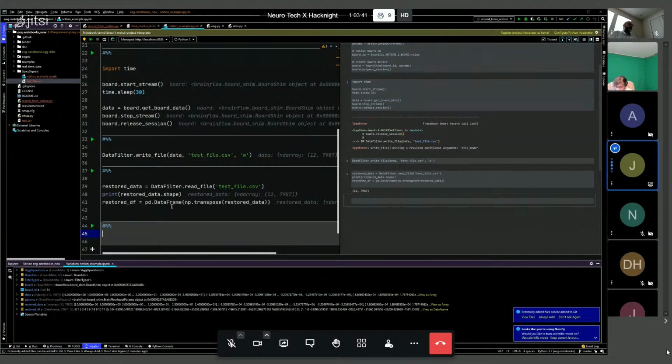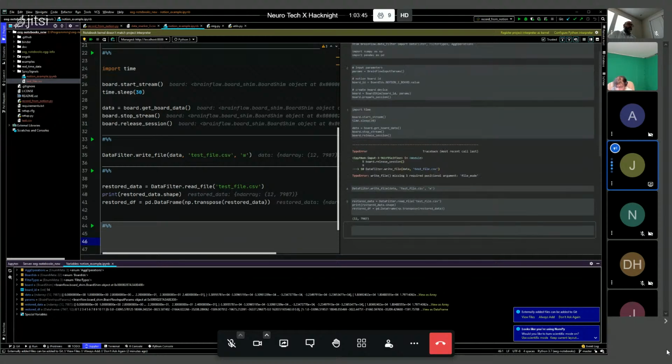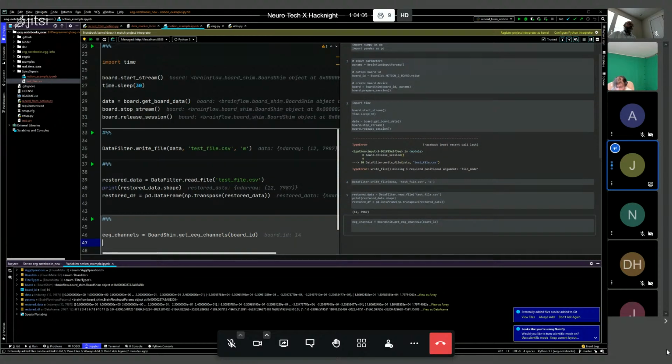So luckily, we don't need to intuitively know which of the channels are the EEG channels because BrainFlow also has that built in. So we're going to do EEG channels is equal to board shim dot, I think it's get EEG channels and the board ID. And then we could do plot df. Or no, that's not right. It would be,